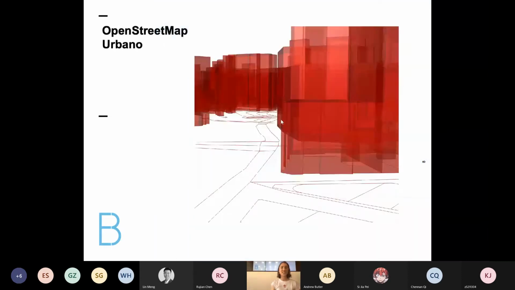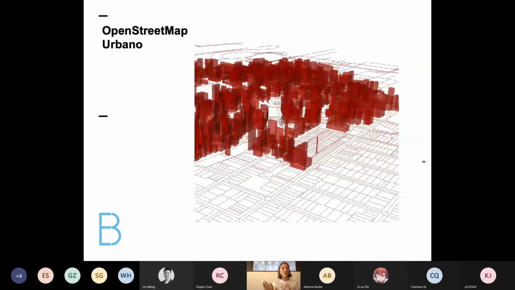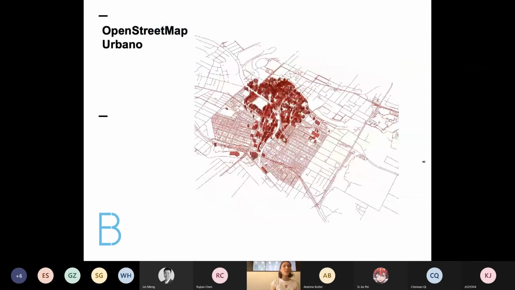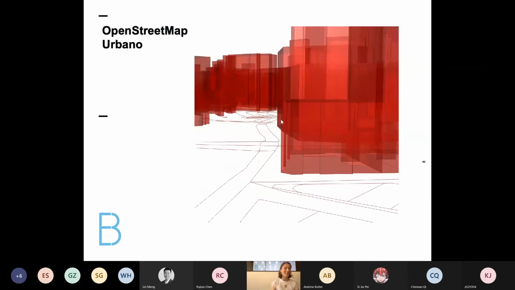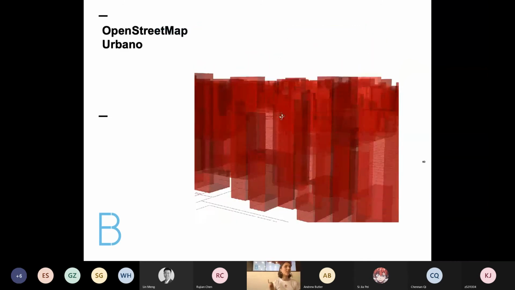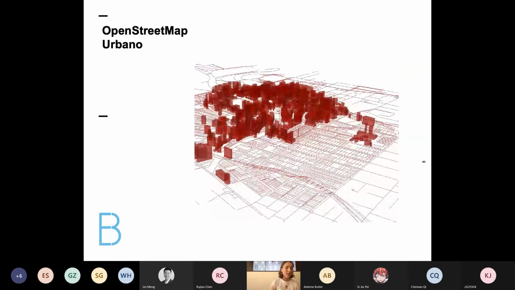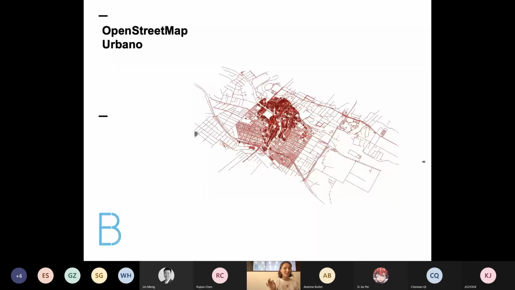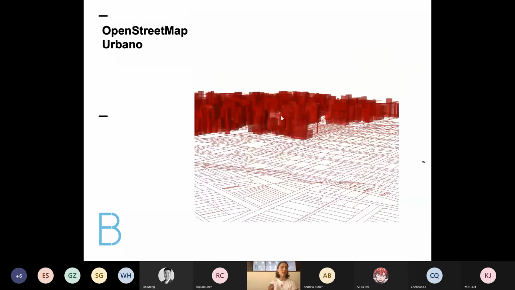So, getting into the correlation and the representation of the spatial data. This was OpenStreetMap's data when I was able to get it into Grasshopper. This was used with Urbano and translated with metadata, and it showcased important amenities and features along with detailed roads, cadasters, buildings and their heights. Yeah, so this was super good. It was amazing. It allowed for my own understanding, but also users to understand the spatial